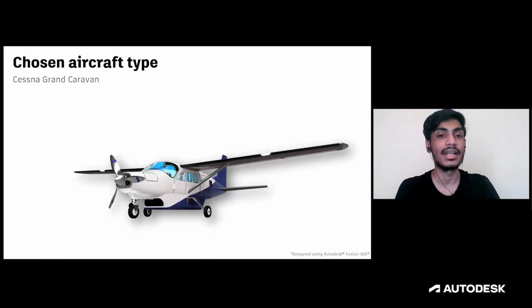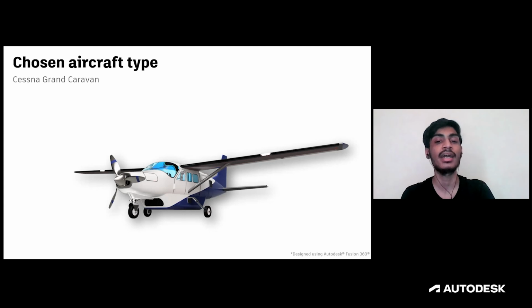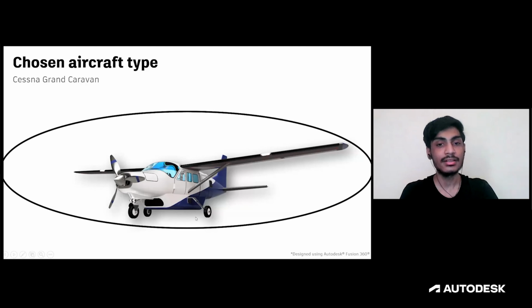Now, among the fixed type of landing gears, we know that Cessna is a very well-known company which has around 95 years of experience in making short-haul commuter aircraft, and they still use non-retractable types of landing gears in some of their aircraft, maybe due to a variety of reasons. Further, we chose a component on this Cessna Grand Caravan aircraft that you're seeing here. Cessna has many aircraft in the market, and if we are able to solve some of the issues related to drag reduction using generative design, then it will be a good case study, and we may go back to Cessna to show them the results.